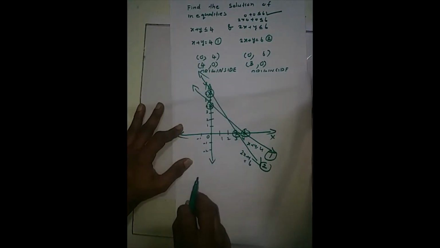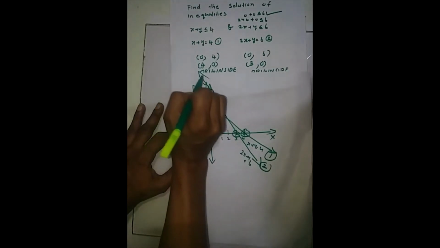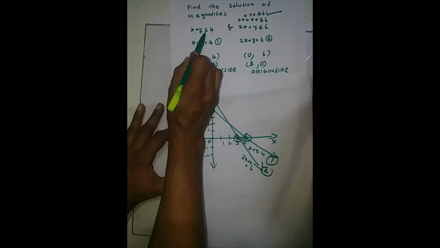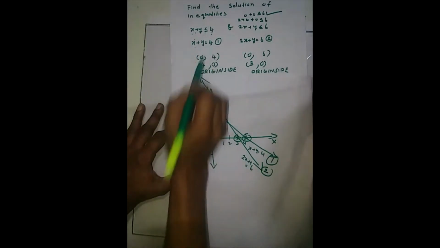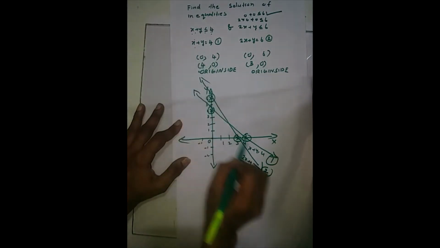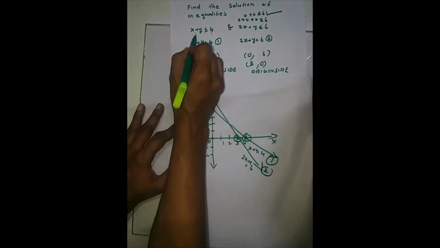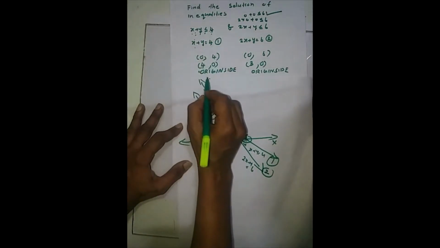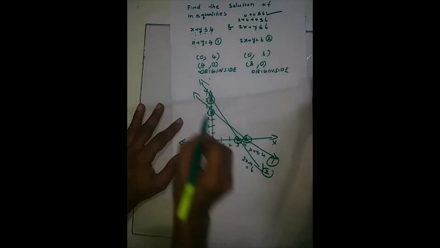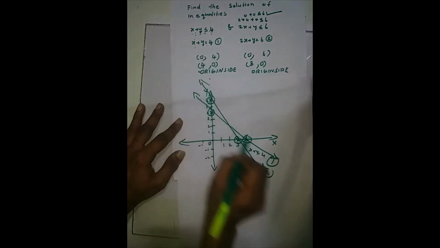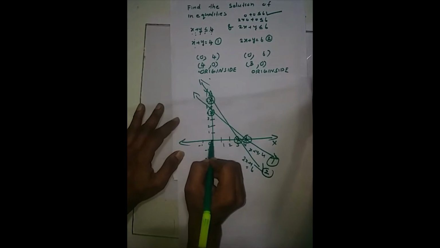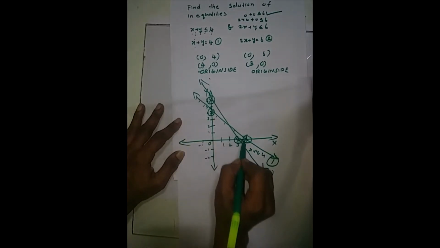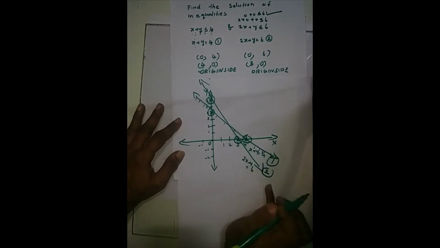Now we have to shade the inequality x plus y less than or equal to 4. This line we have drawn, x plus y equal to 4. For shading this, we have already found that it is the origin side. So for equation number 1, the origin is here, so the shaded portion is the downward portion. This portion we have to shade.